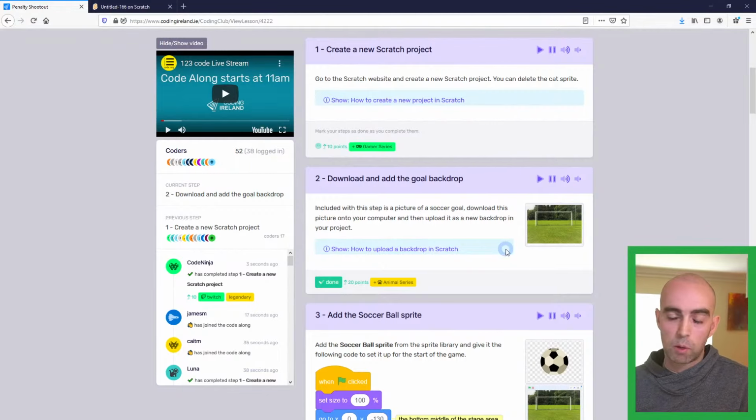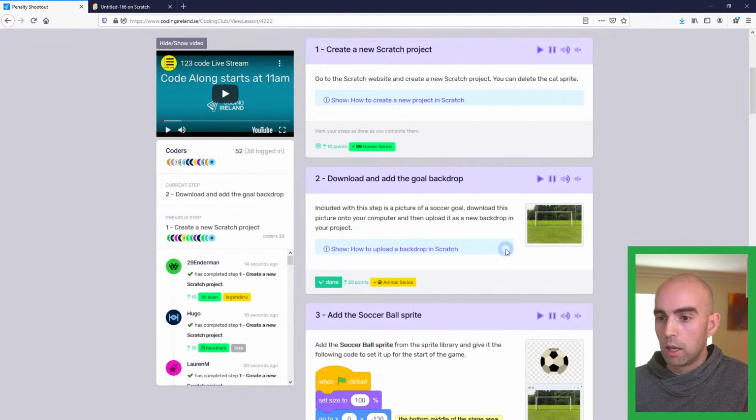So the next step that we're going to do, which I'll start in a second, is we're going to add in a background, a backdrop, into our project. So we've got 26 of our coders have completed that step,